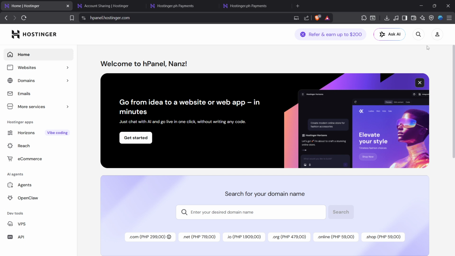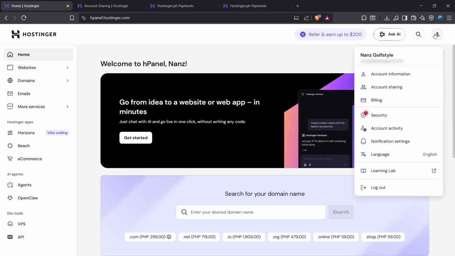First, open your browser and go to the Hostinger website. This brings you to the main homepage where you can access everything related to your hosting and services. Look for the My Account option at the top. Click it, and if you're prompted to sign in, just log in as you normally would so you land inside